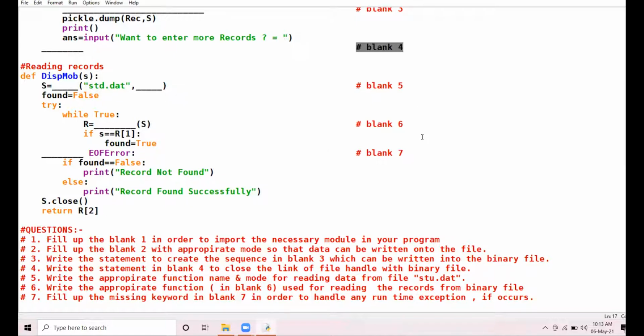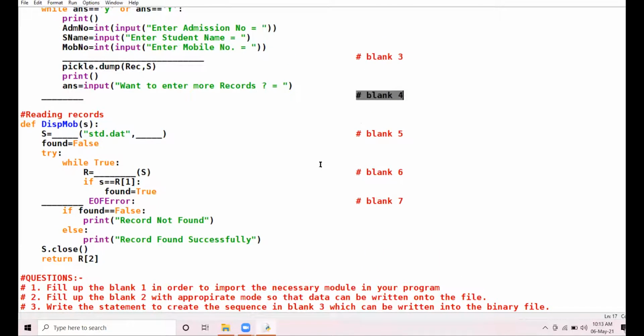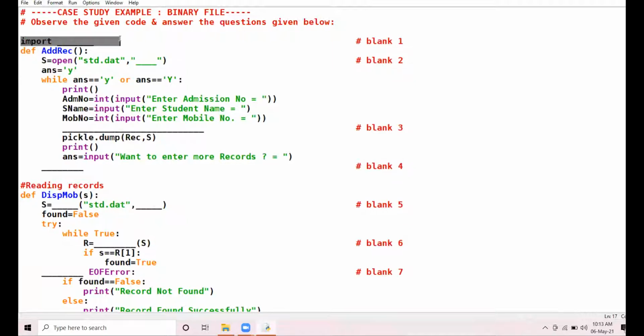Which heading points to which blank? Accordingly, you have to go to that particular blank, see the situation, and give the answer accordingly. Right? Am I clear up till here, 12th? Am I clear with the meaning of case study, 12th class? So let us start the first case study.